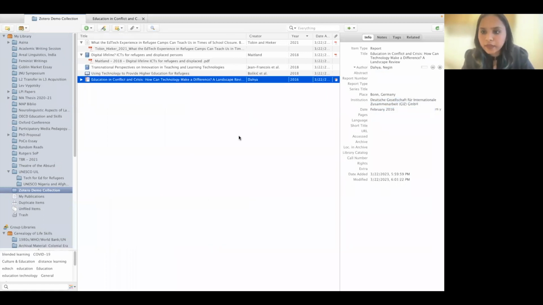Right? And I think we're done, right? That's it. So you can see how different it looks now. It has all the metadata, it has a good title, it has the author's name, it has the year as well. Now, last two things before we move on to the practice session,